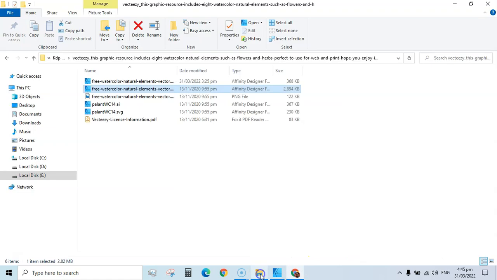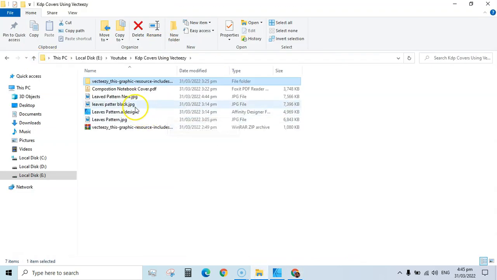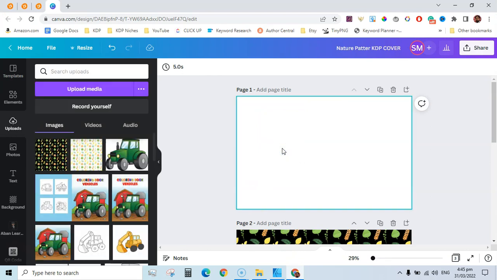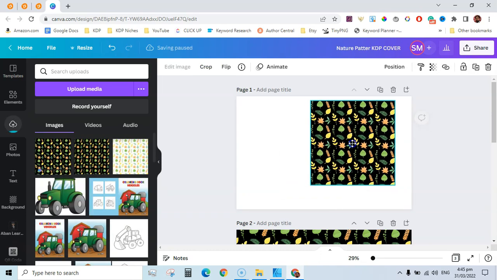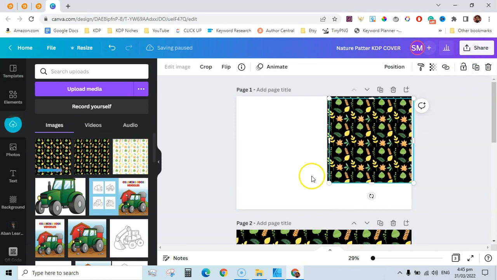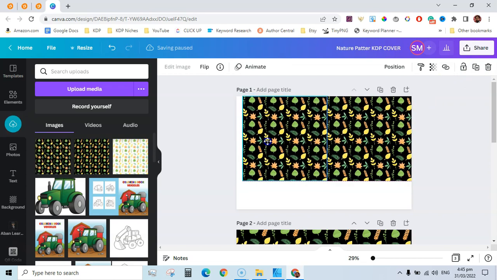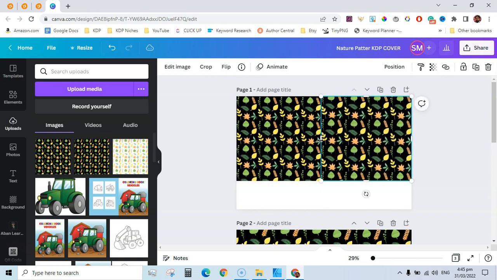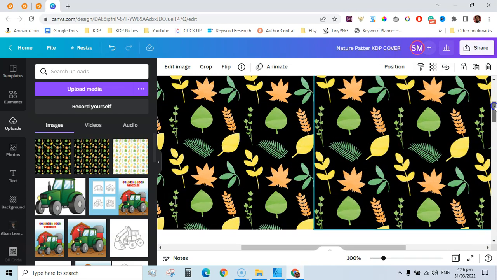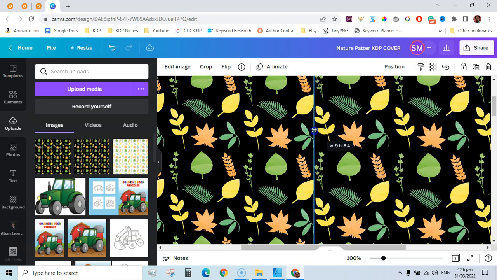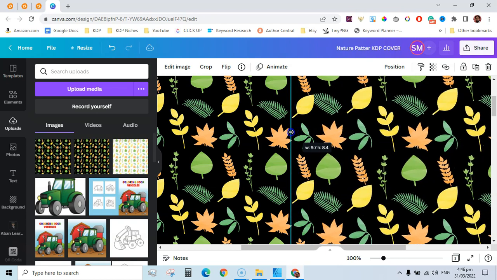Now we can go back to our folder here and check the newly created pattern. This was leaves pattern new. Drag this one onto this page here and it will start uploading the new pattern onto Canva. Once uploaded, you can move it like this and then duplicate this one and move it like there, and then increase the size and then zoom in and crop in a way so that it looks like a repeating pattern like this. Send it to back,